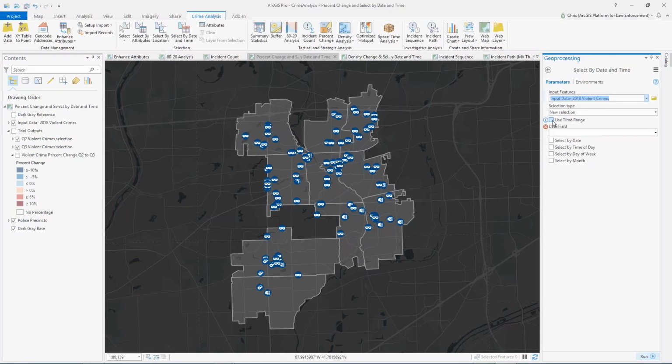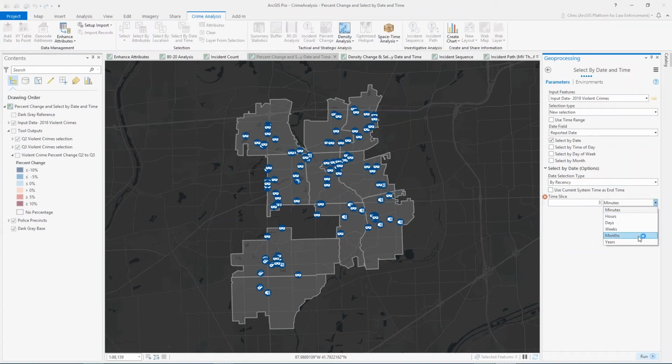First, if I had date ranges, I could use date ranges instead of a fixed single date, so a start date and an end date. In this case, I just have the reported date of crime that I want to use, so I'll use a single date field. And now I've got a bunch of different selection options that I can do. I can select by date, and that's going to give me a bunch of options. I could select by a date range, by a single date, by recency, and in that particular option, I can pick the time slice that I would be interested in. And so I could say, 3 months or 28